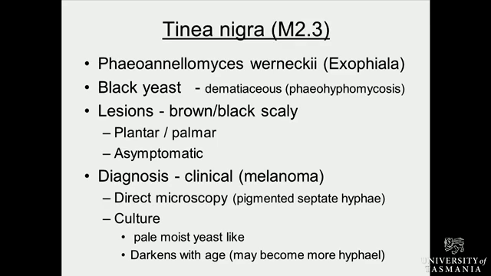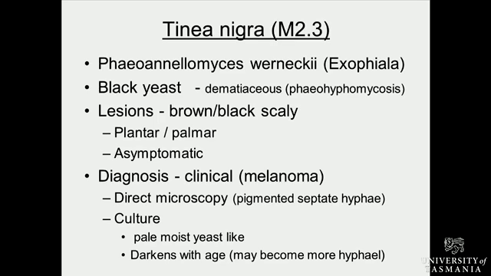And tinea nigra is a disease most commonly on the palms of your hands or the soles of your feet. So palmar for your hands, plantar for your feet. What you get are these lesions like you stain your hands with a bit of silver nitrate, just little brown blotches on your skin. And the old name for the yeast was Exophiala werneckii. It's a fungus of dematiaceous. The new name is